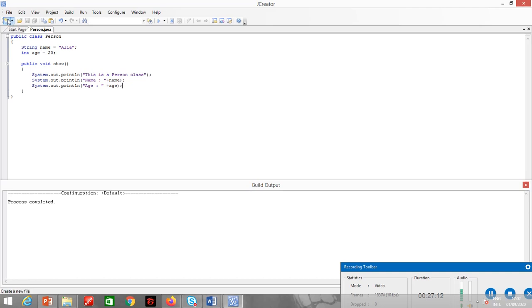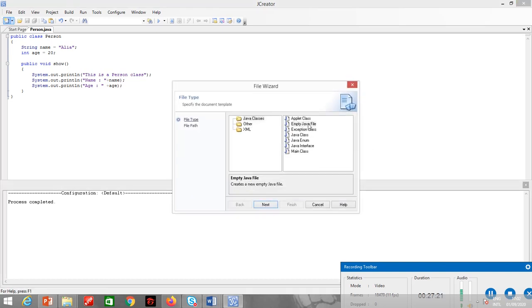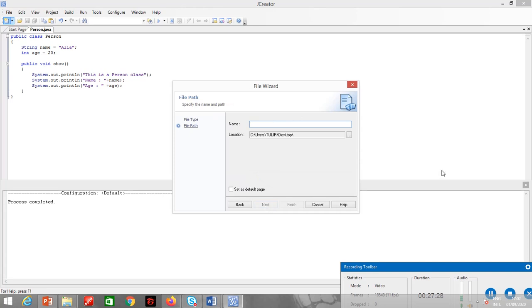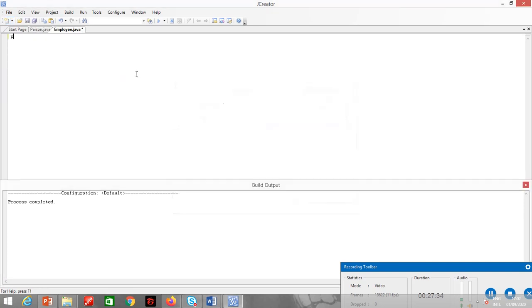Okay, now I will create an inheritance. I will create a class called employee, which extends from the person class. This will show the concept of inheritance. Public class employee extends person.